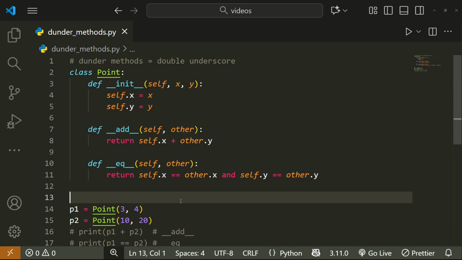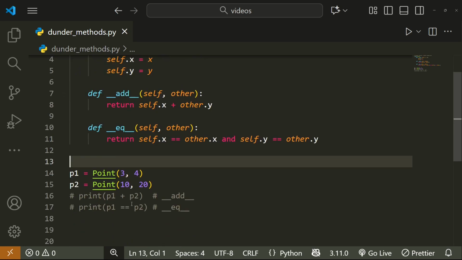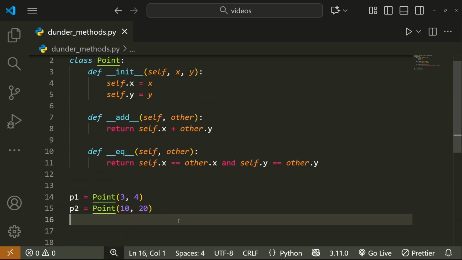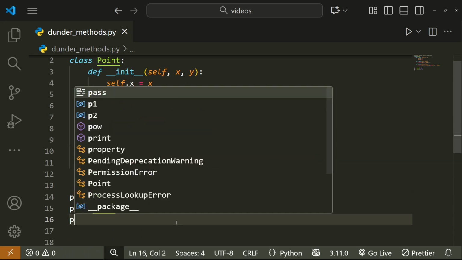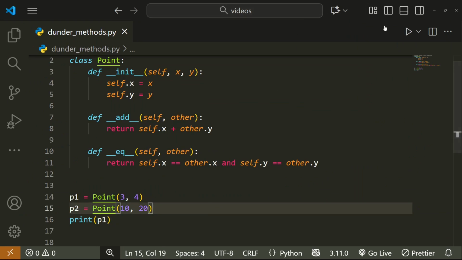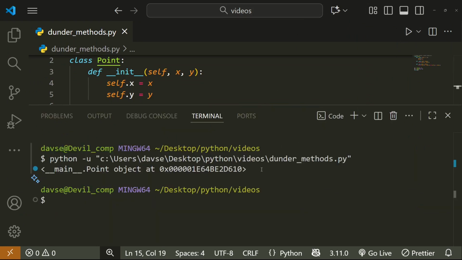Another dunder method which I want to show you. It's called wrapper. So what does it mean? I will clean it like this. So this is my code, and now I would like to print the object only like this. I will run it, and you can see that here we have something that represents the object, but it's nothing